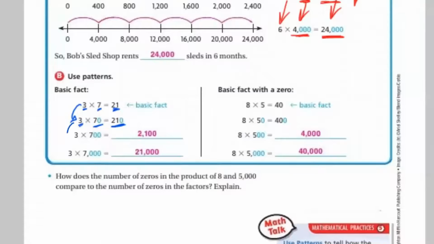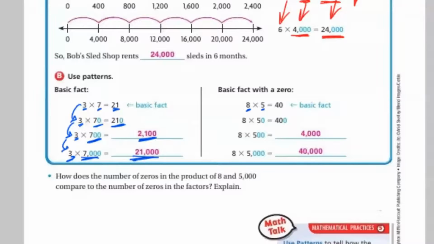The next one, put 3 as the same, 3 multiplied by 700 equals 2100. The next one, 3 multiplied by 7000, it will be 21,000. It's a very easy pattern, okay? You have to add 0 each time. Okay, the next one,